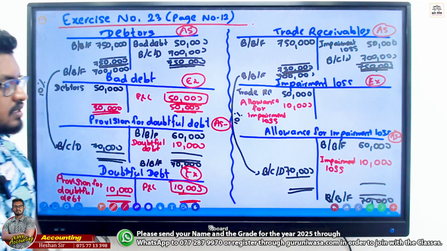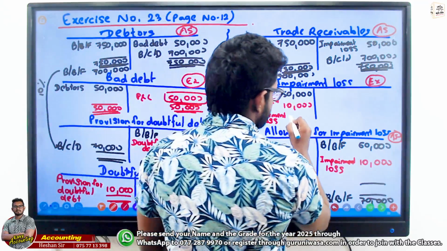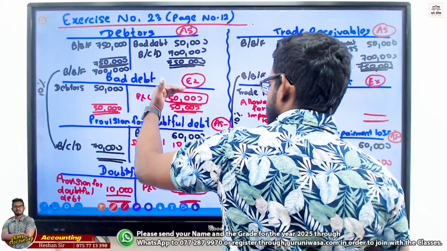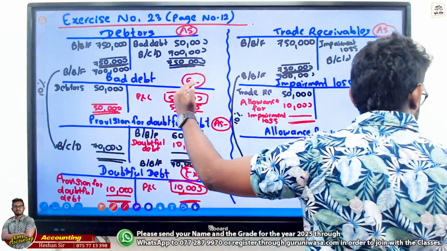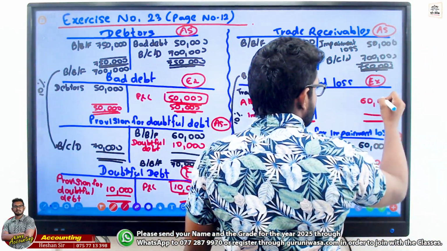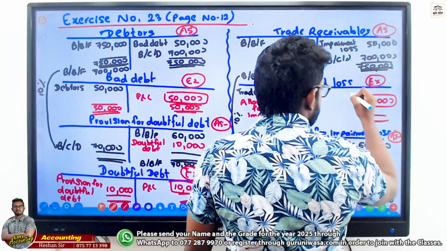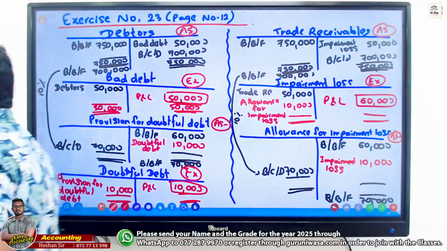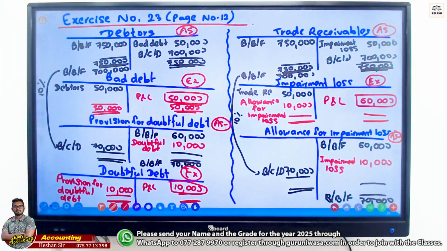Now if we take this, 50 and 10,000 go separately, but here totally 60,000 we identify as P&L. Right? Finish it and raise two hands, then I'll show you the extraction.